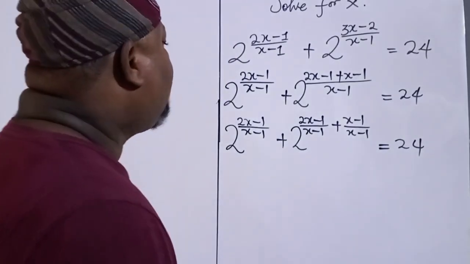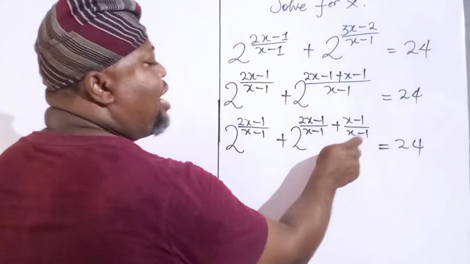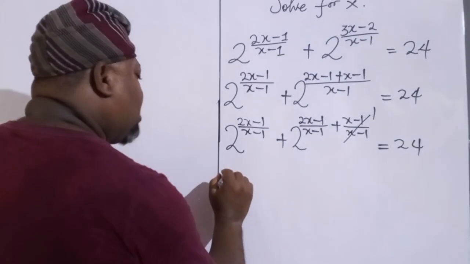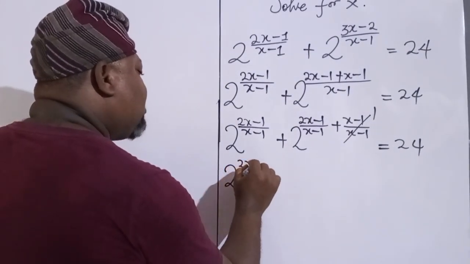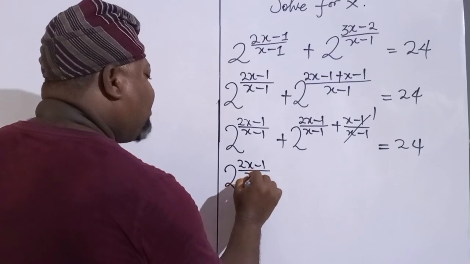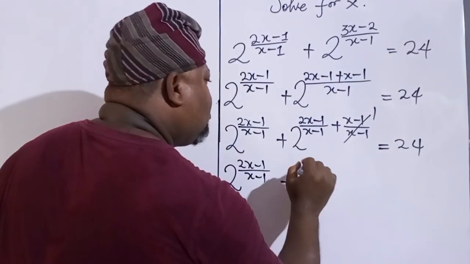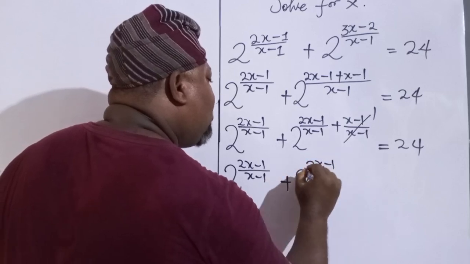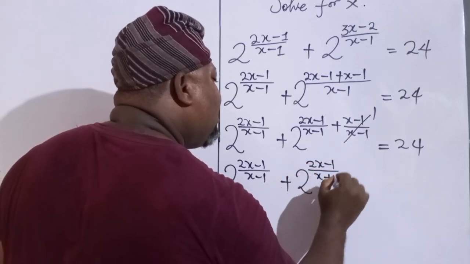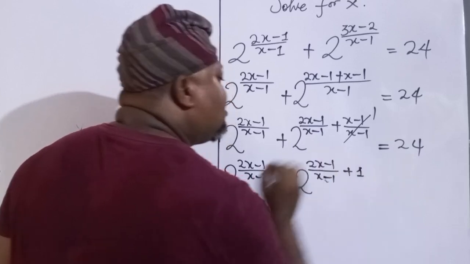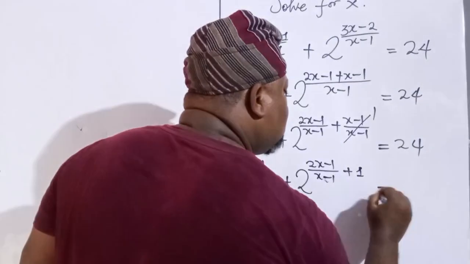Let's go. So we're going to have what now? This is now 1, right? This is 1 by division. We'll now be having to the power of (2x minus 1) over (x minus 1). Are we together? Then plus to the power of (2x minus 1) over (x minus 1). Then plus 1, then plus 1. See that now? Equals to